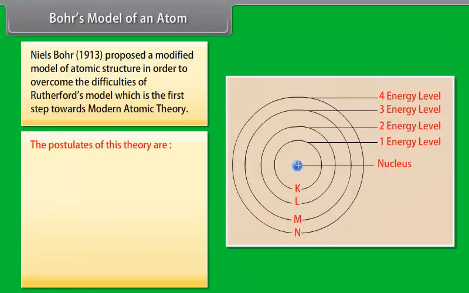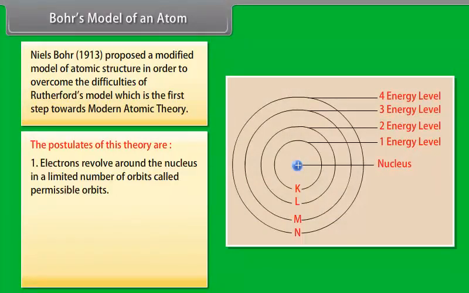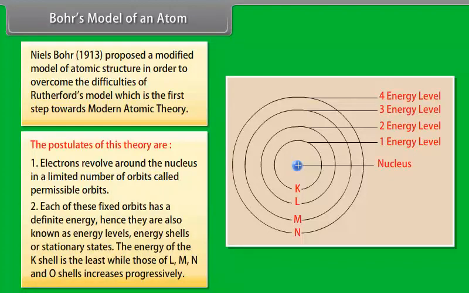The postulates of this theory are: 1. Electrons revolve around the nucleus in a limited number of orbits called permissible orbits. 2. Each of these fixed orbits has a definite energy, hence they are also known as energy levels, energy shells, or stationary states. The energy of the K shell is the least, while those of L, M, N, and O